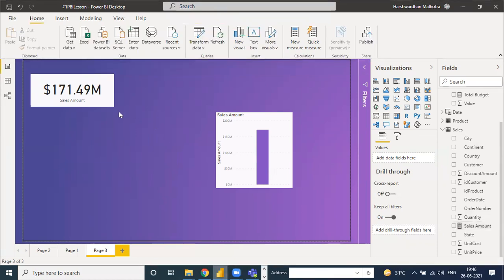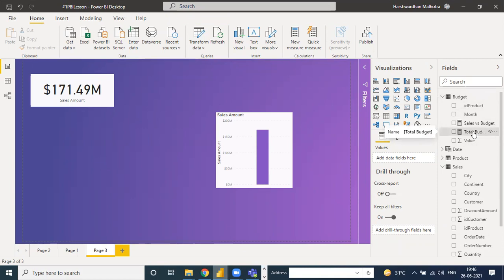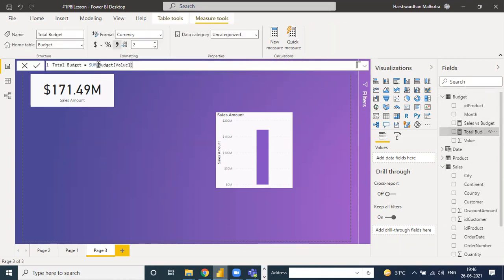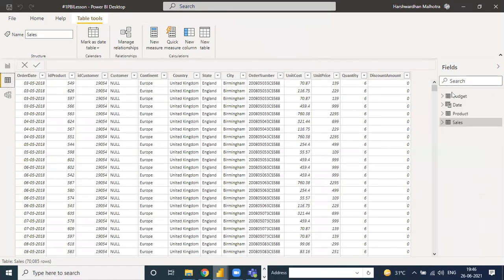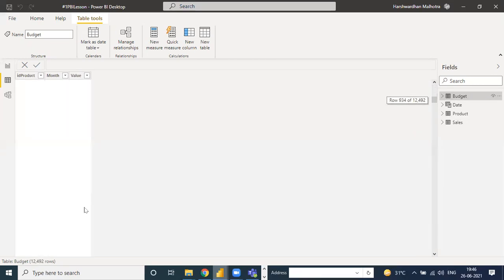So these are our sales, and how to make our budget value? Total budget is also the same, because it is the sum of the budget value. In Excel, when you click on the budget, you see these are the months and these are the values.